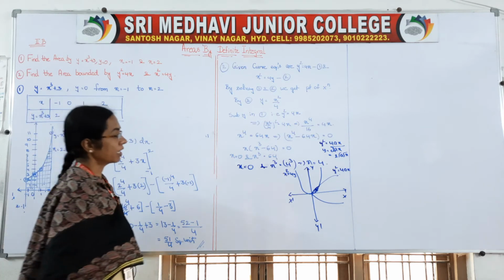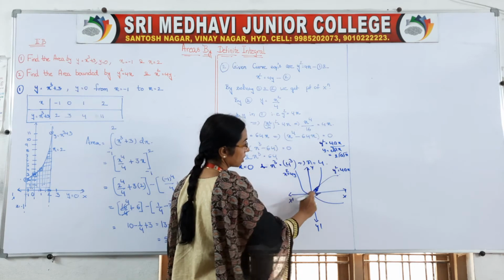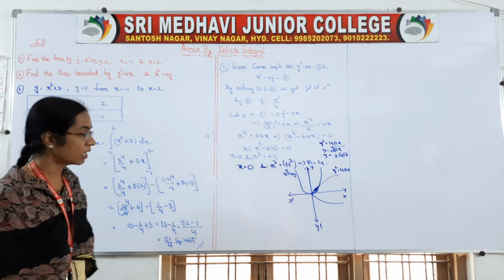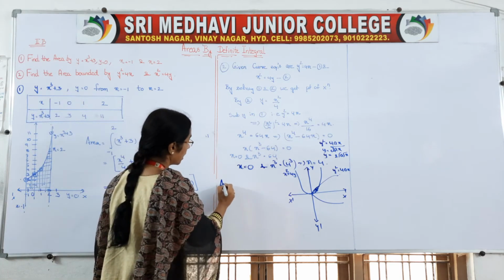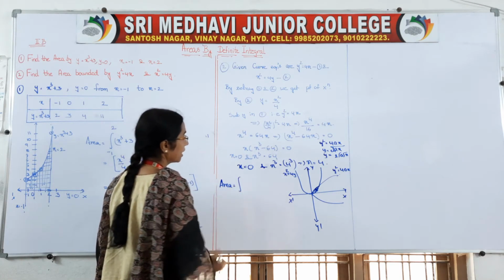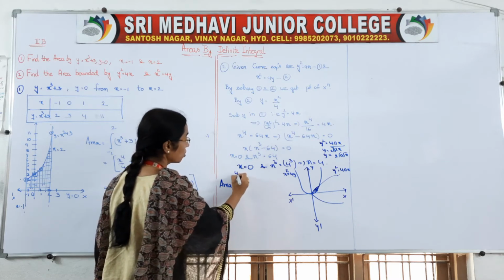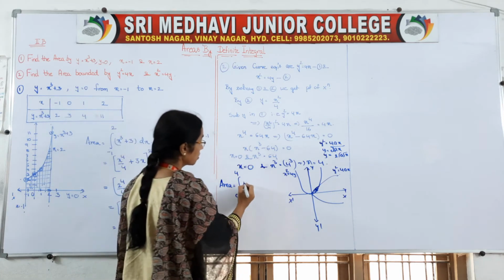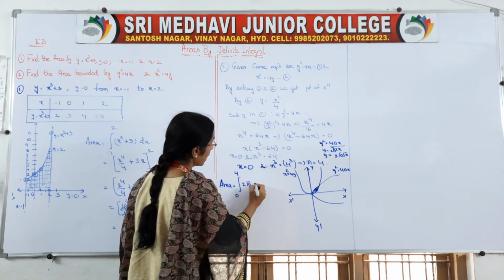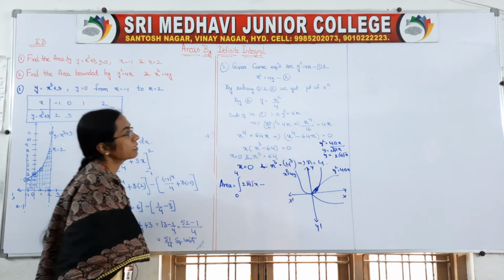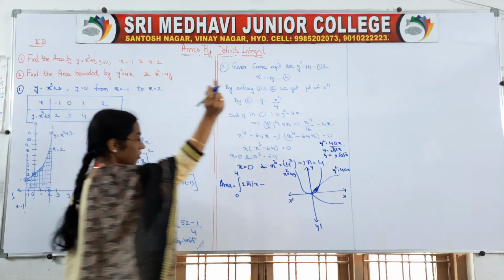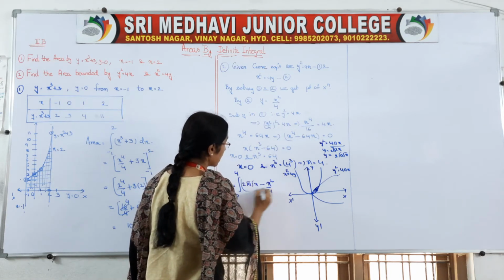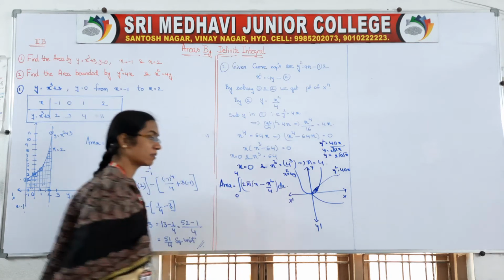So for your area, the first curve is this one, which comes upwards. It is nothing but y is equal to 2 root a root x. So area is equal to the integral, the limits are 0 to 4. We got it by solving those two curve equations. First curve, 2 root a root x, minus the second curve. The second curve equation is y is equal to x square by 4, into dx.